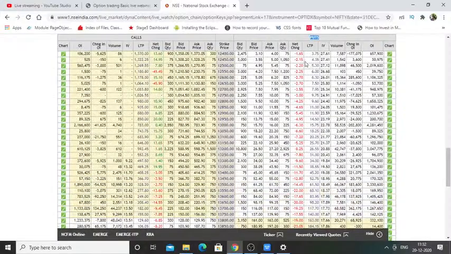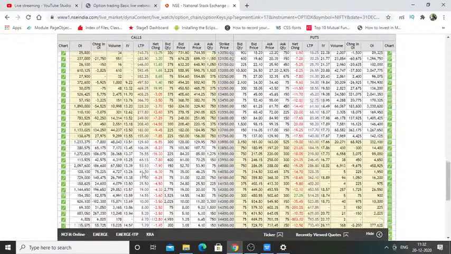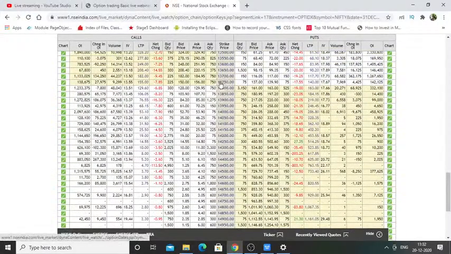Here you can see the LTP prices for each and every strike price, the prices at which that strike's premiums are available right now. In the money options will always have higher premiums, at the money will have nominal premiums, and out of the money will have lesser premiums. Right now the price is around 13,750, and if you look at the 14,000 call premium, it is 53.